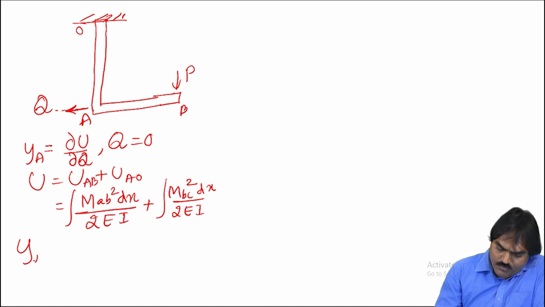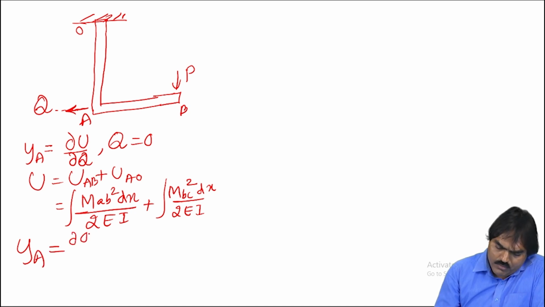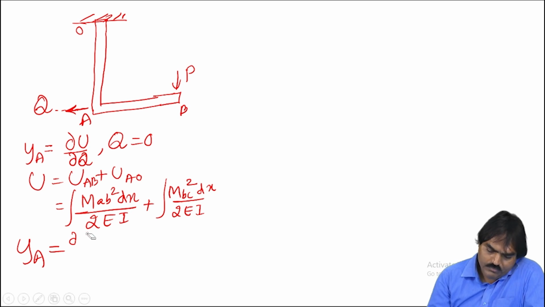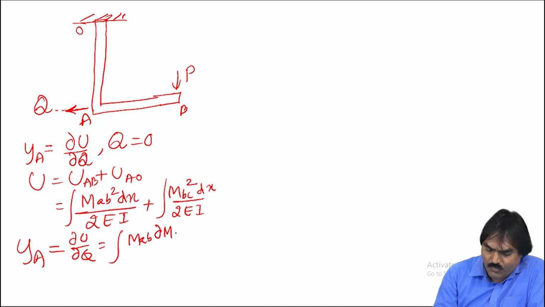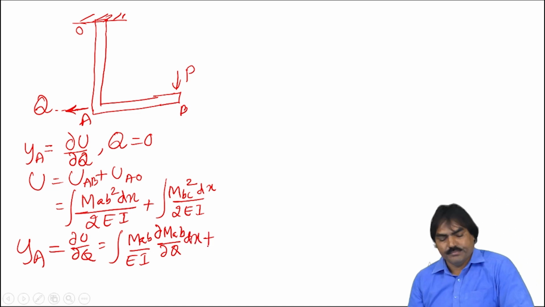So that YA, the deflection at A, is dou U by dou Q. So when you do that, that is M_AB dou M_AB by dou Q by EI into dx plus